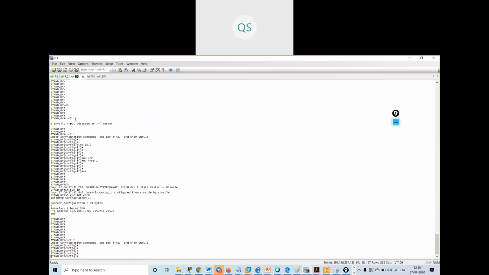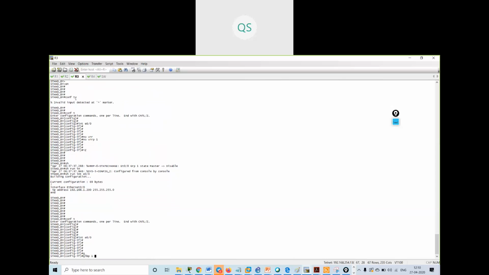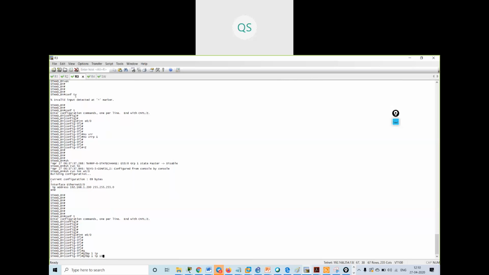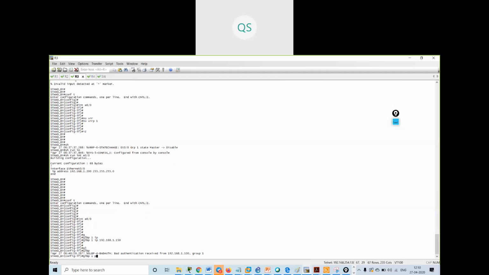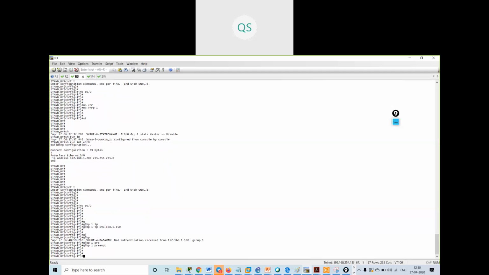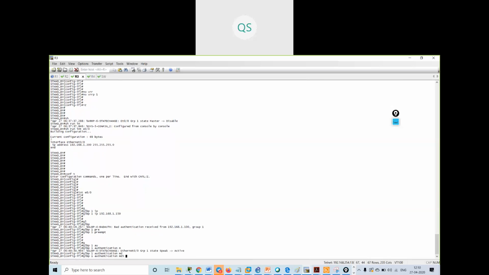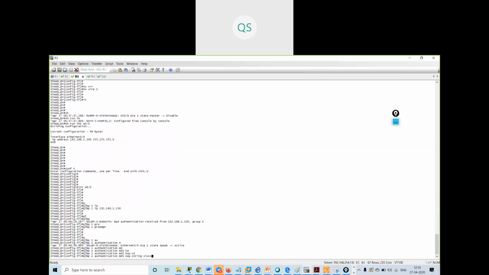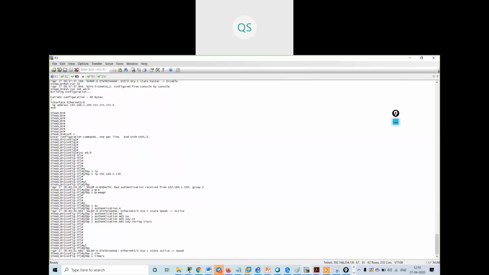Interface E0/0, GLBP 1 IP address 192.168.1.150, GLBP 1 preempt, GLBP 1 authentication MD5 key-string Cisco, GLBP 1 timers 1 and 3.